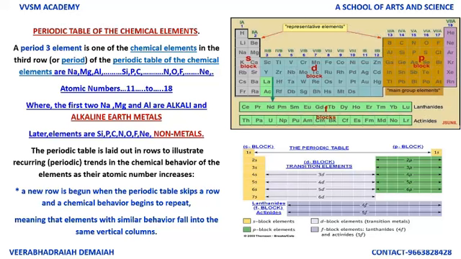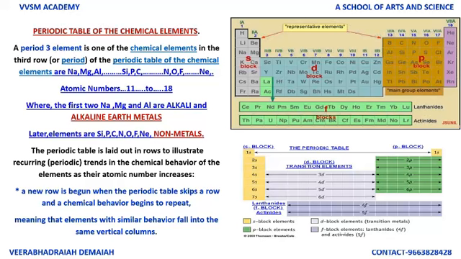They are sodium, magnesium, aluminium, silicon, phosphorus, sulfur, chlorine, argon, with atomic numbers 11 to 18, where the first two, sodium and magnesium, are alkali